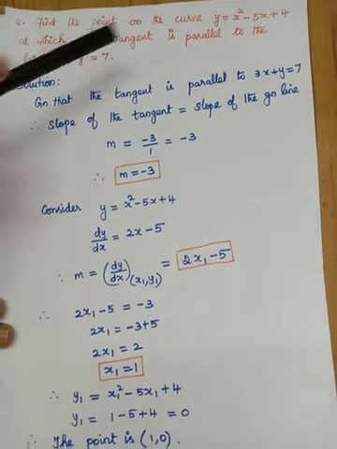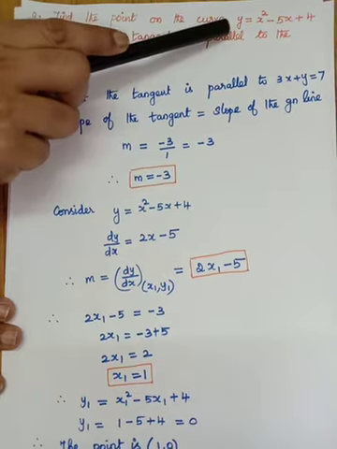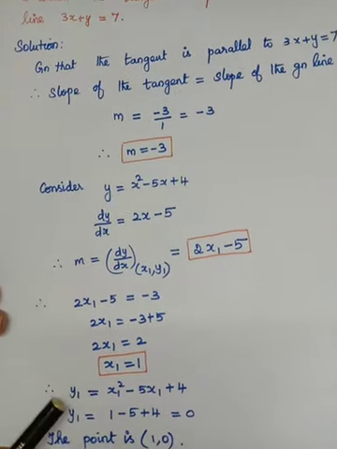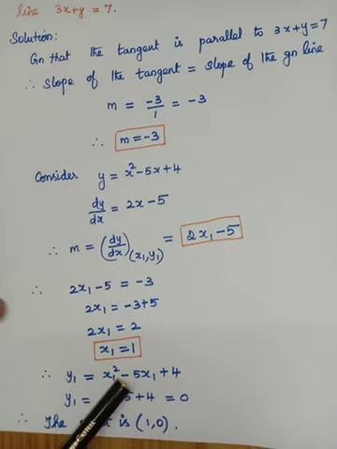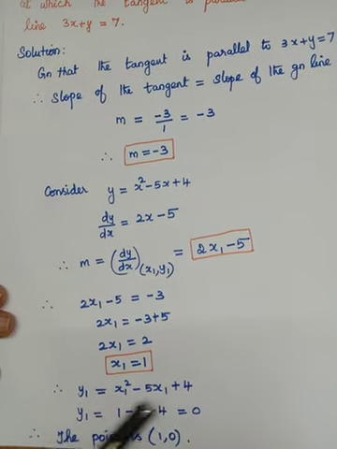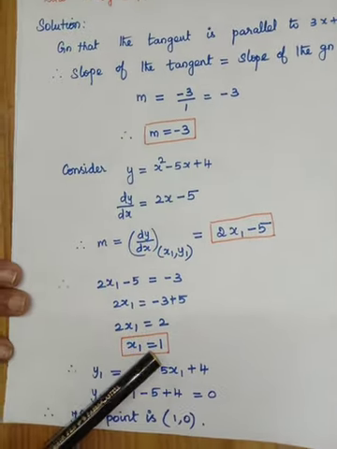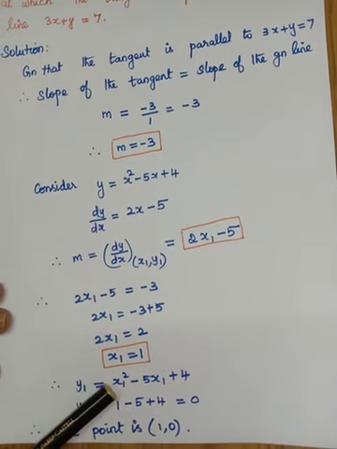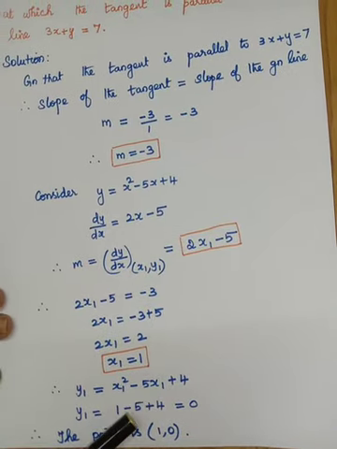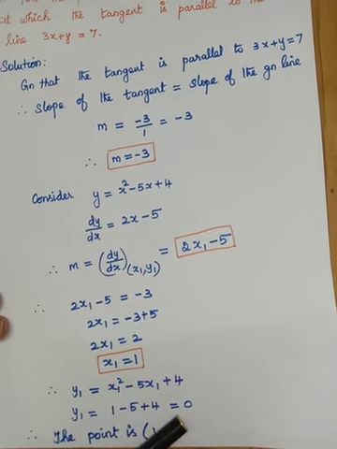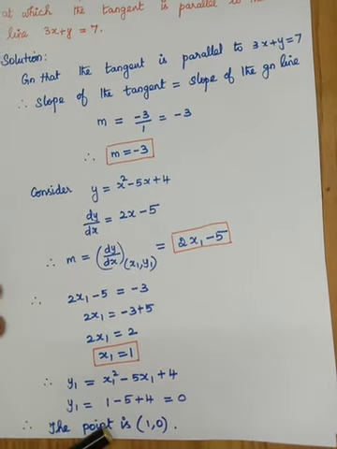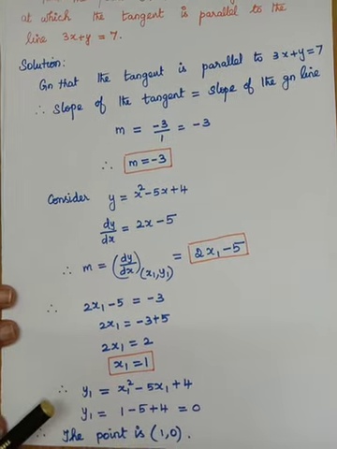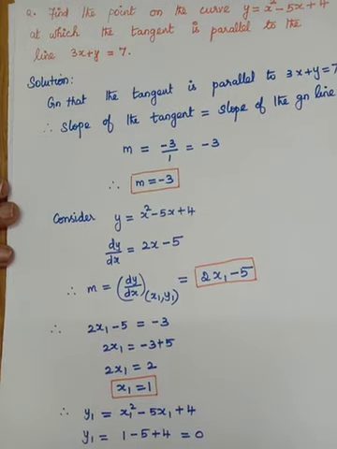So before that you have to change this curve in terms of x1 y1. So you consider this curve and substitute x1 y1. So y1 is equal to x1 squared minus 5x1 plus 4. So on this curve, if you substitute x1 as 1, you will get the value of y1. So it is nothing but 0. You see that x1 as 1 means 1 squared as 1, minus 5 into 1 is minus 5 plus 4. So that is equal to 0. So what is the point? The point is 1, 0. At this point, if you draw the tangent to the curve, the tangent is parallel to the given line.